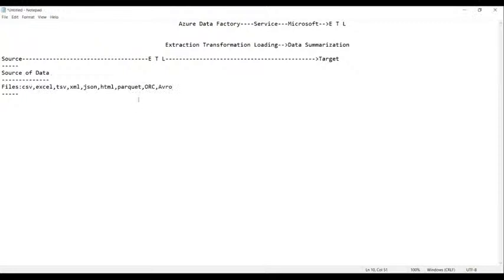Okay, whereas apart from the files, what are the other sources from where we get the data? We can get the data from databases. So what are the types of databases? Can you tell me the very basic difference between files and a database?